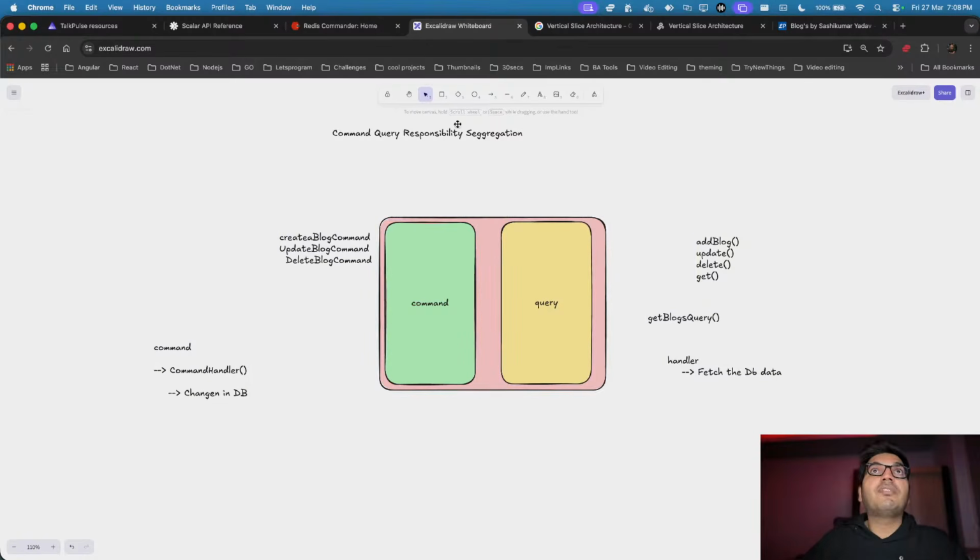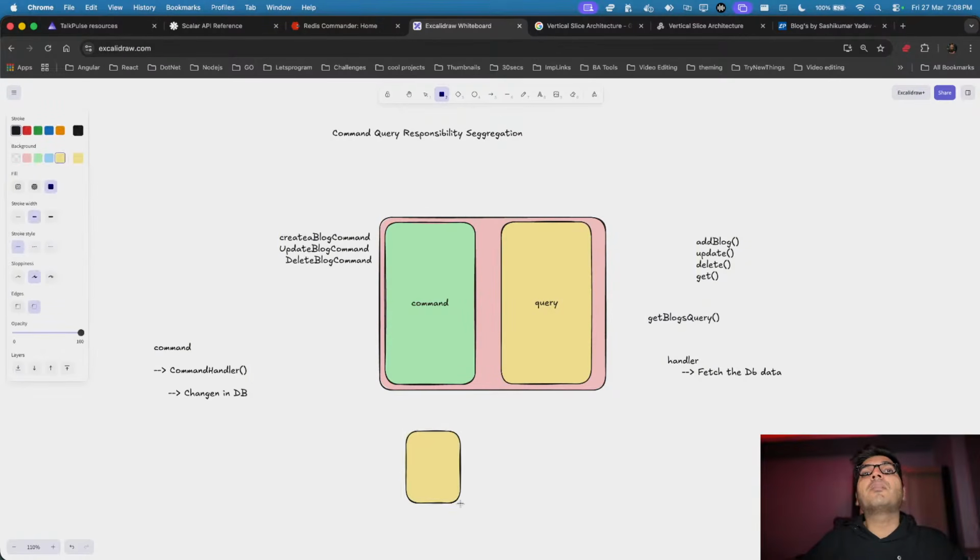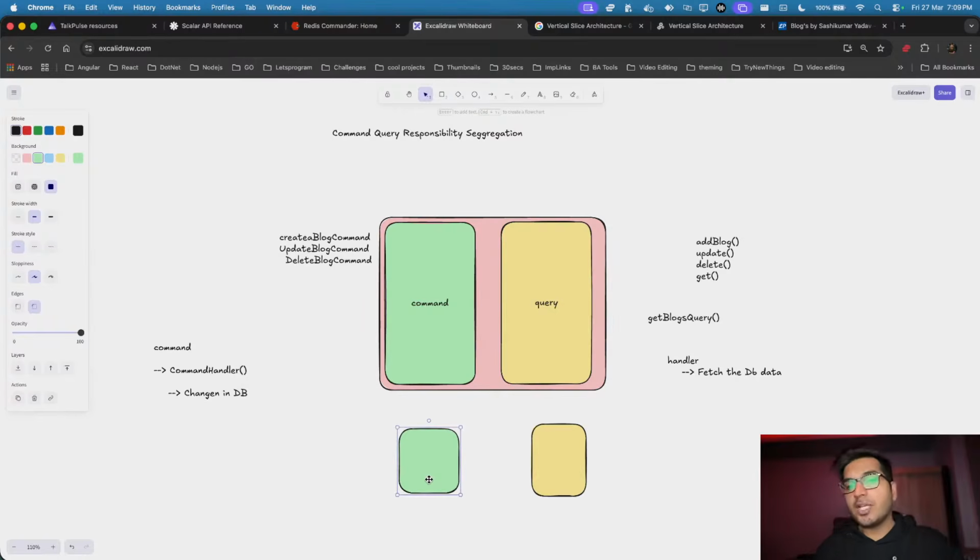Okay, imagine here you have a database. So people say that you can have a separate database for command and a separate database for query. I did it the other way around. You can also have this. Why do you need this? Because if you have such an architecture, it's quite easy for you to focus on one point. Let's take a very simple example. I see that in my system, creating something takes a lot of time. For example, when I'm trying to add a new blog to my website, it takes about 5 seconds,